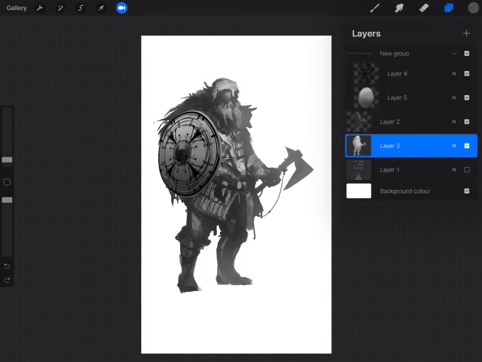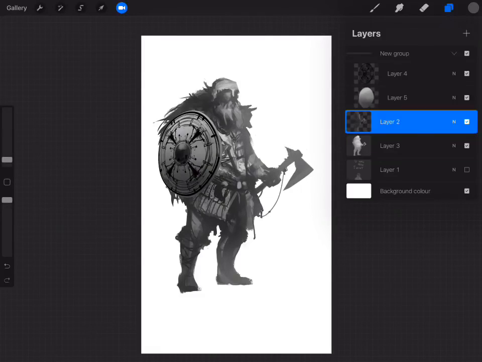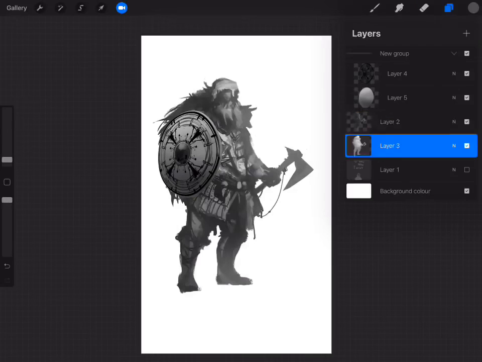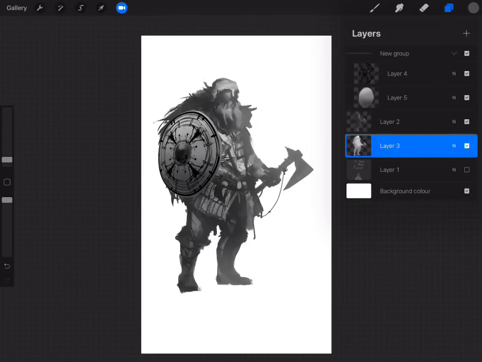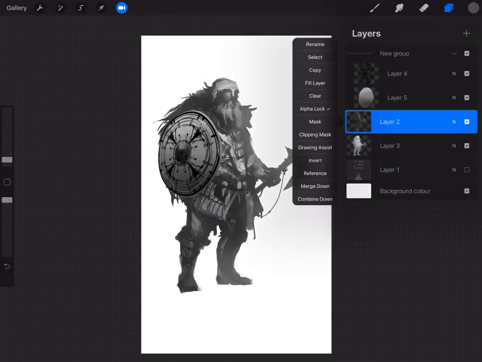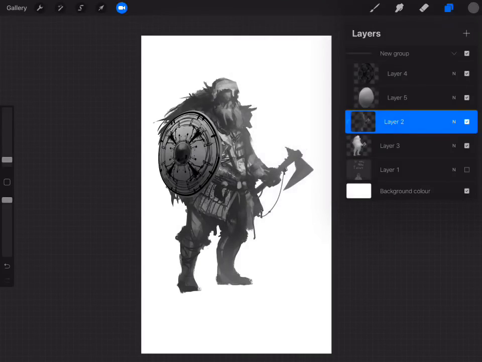Another fantastic new tool in the 4.2 update is the clipping masks. And if you don't know what that is, I'm going to show you right now. Clipping masks is so exciting. Yes. So let's say here's the sketch of the character and here's the silhouette. So I tap the sketch and I set it to clipping mask. So you see the little arrow pointing down at this layer, which means if I open up alpha on this layer,